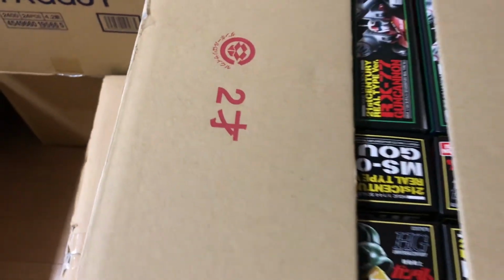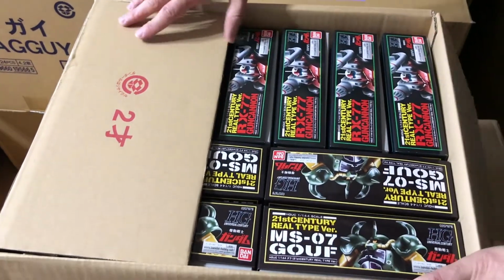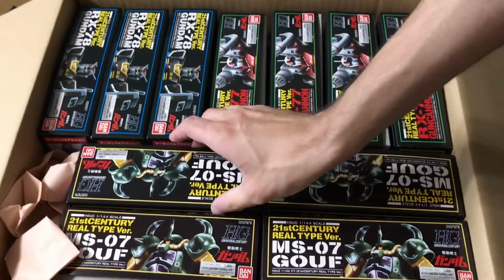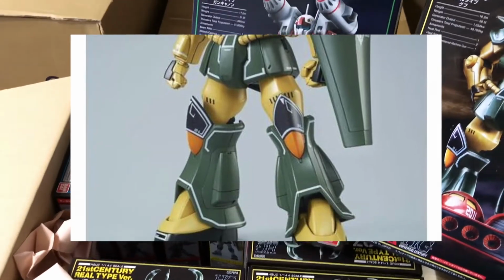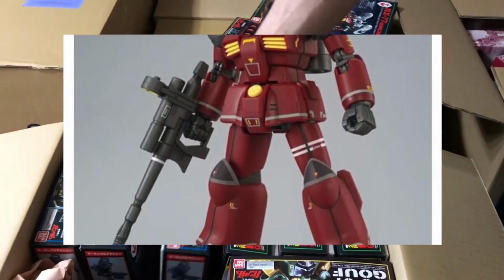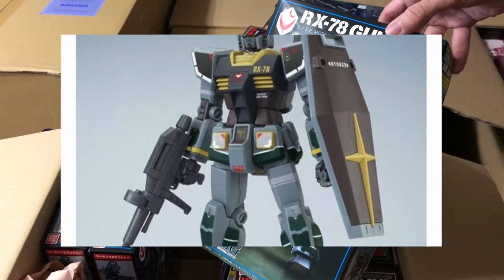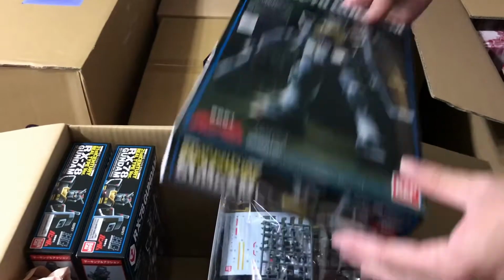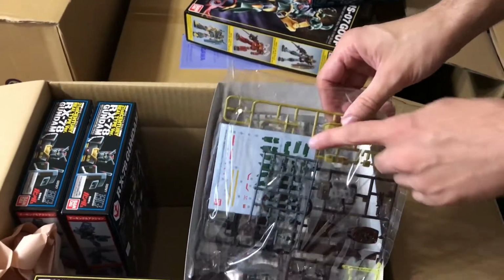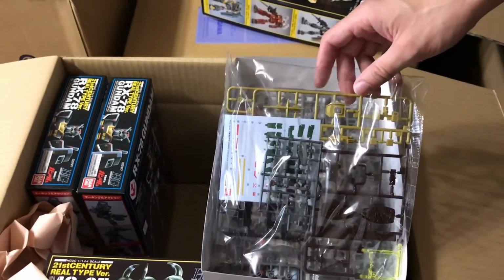Okay, these are reissue again, but damn, they're nice. These are the revived version of the Gouf, the Guncannon, and the RX-78 II, and they're all based on the revived version of the kits. And the really nice thing about them is they're one of the few high grades that come with water slides. Another one that I know of is the